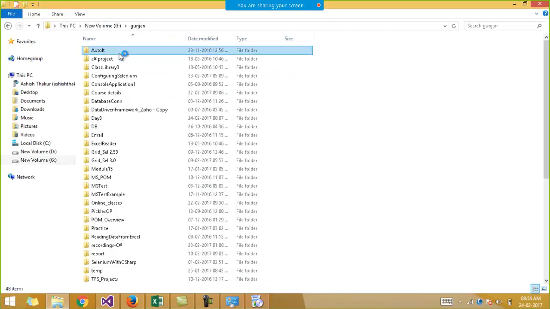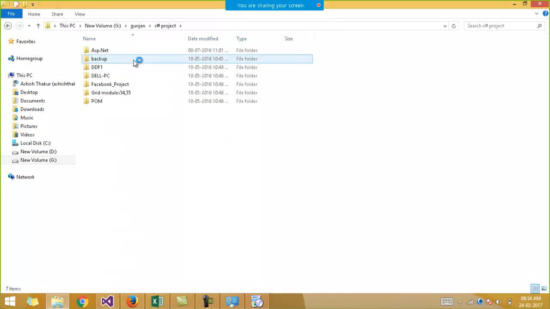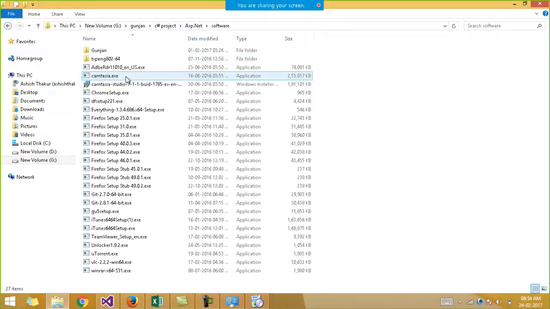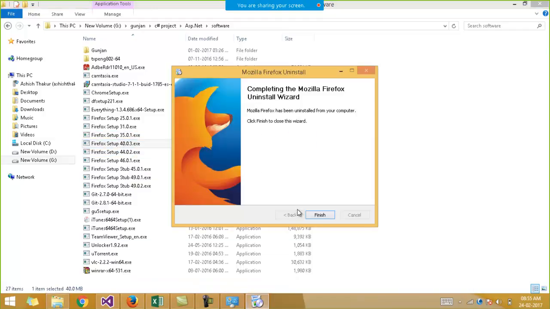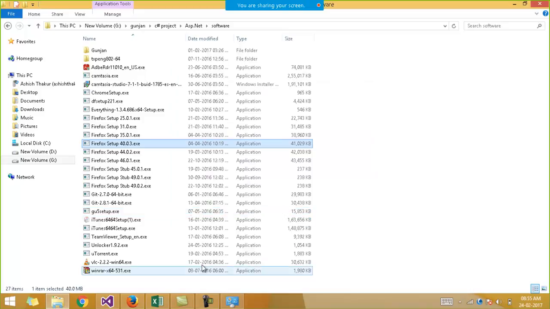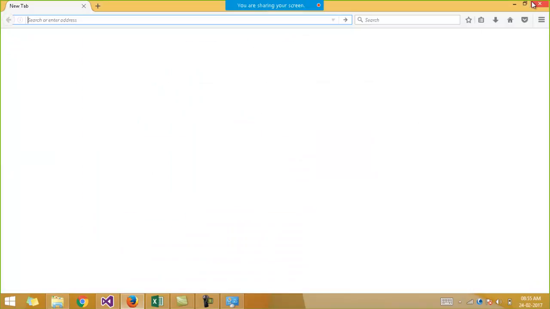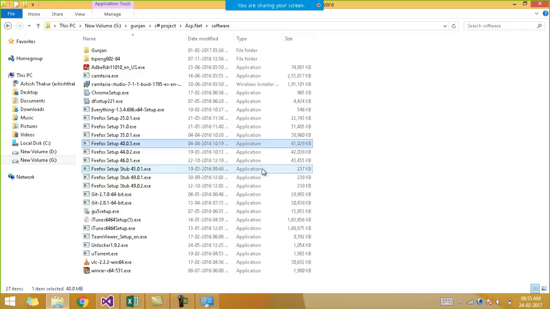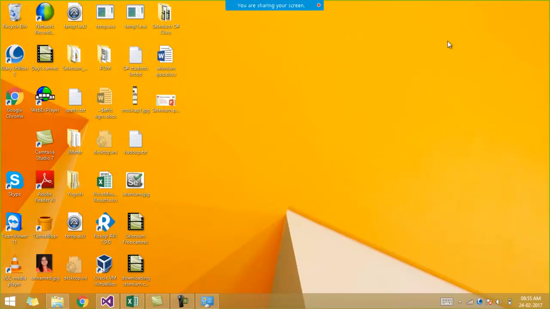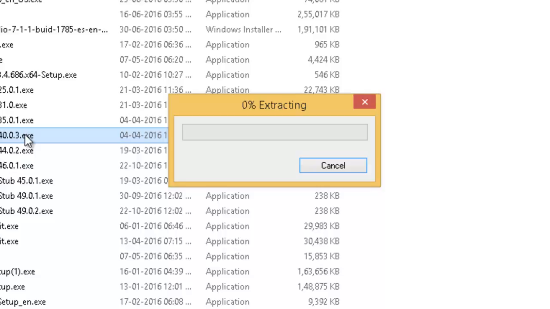And then I have the previous version. Here I have the Firefox 40 setup. So it has been uninstalled. Now I'll try to install the 40 version of Firefox.